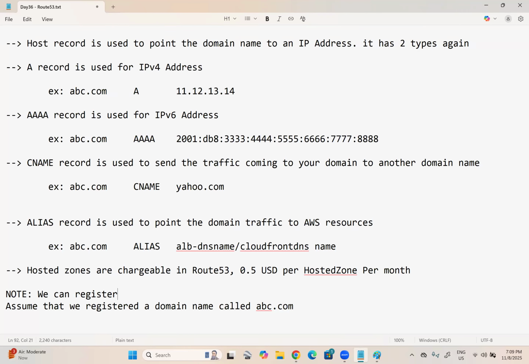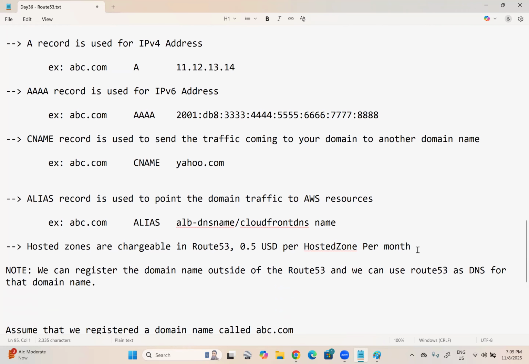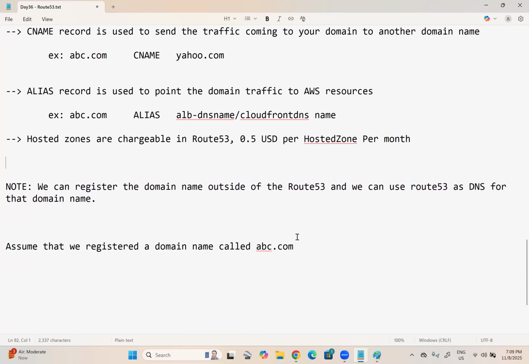We can register the domain name outside of the Route 53, and we can use Route 53 as DNS for that domain name. Means my domain name is registered with GoDaddy, but I can use DNS as the Route 53. I will show you how it works. Okay, so first thing what we do is create a